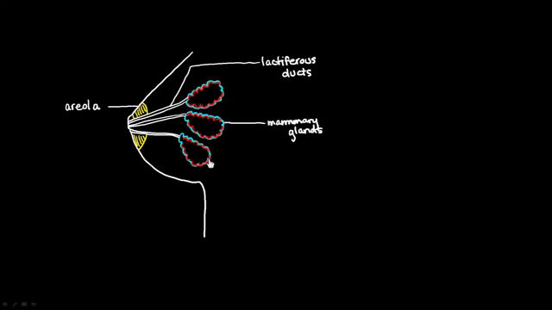So these cells, these red ones, these myoepithelial cells, are cells that both line the mammary glands and have the ability to contract to eject the milk out through the lactiferous ducts. Now, all of these structures are supported by quite a bit of connective tissue,